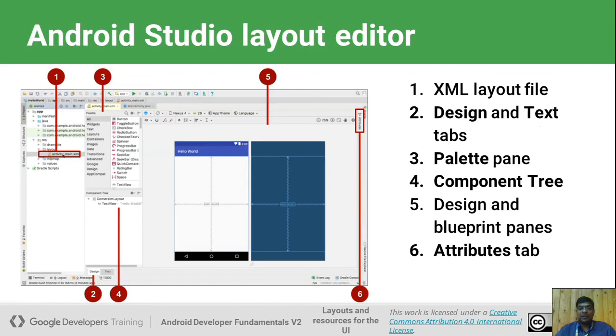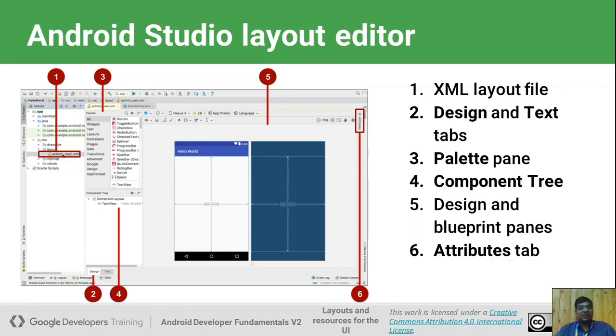Now this is the Android Studio layout editor view. Here we see the activity_main XML file, which is called the layout file of an activity. After that we design the layout in the design and text tabs. Second is the component tree, the hierarchy of your design components that you use in your layouts.